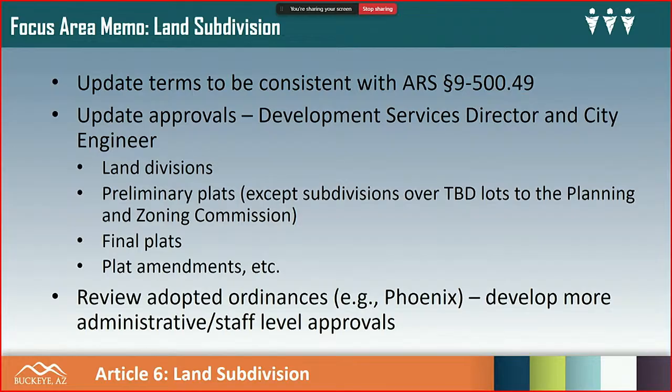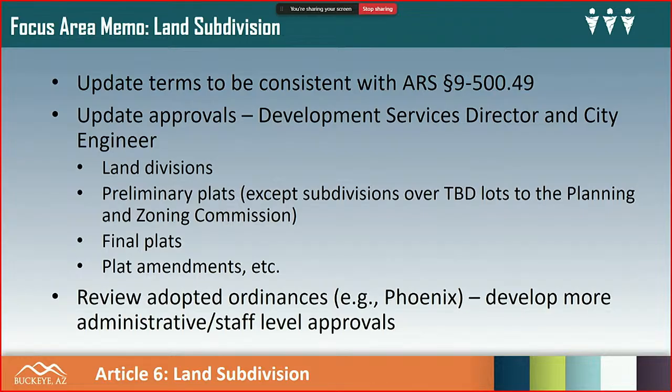And then some of you might be aware there have been some state statute changes over the last few years regarding plat approvals and bodies that can approve a plat versus whether or not they can be done administratively. The trend at the state has seemed to be that both preliminary plats and final plats, they're looking to make those more administrative, more streamlined.